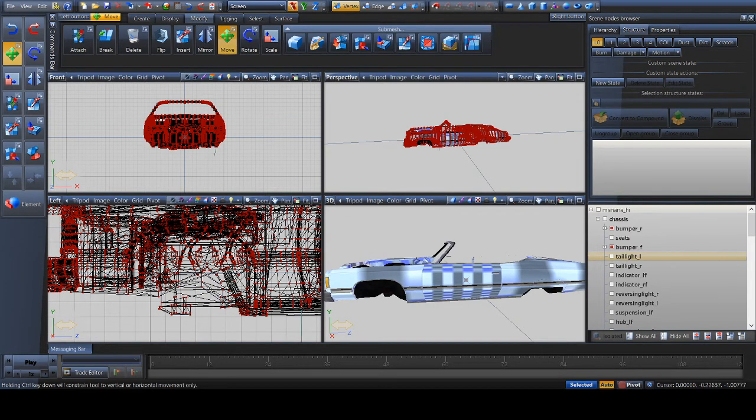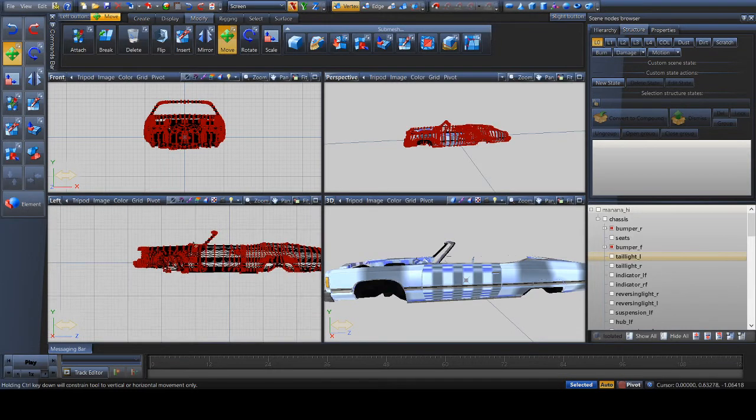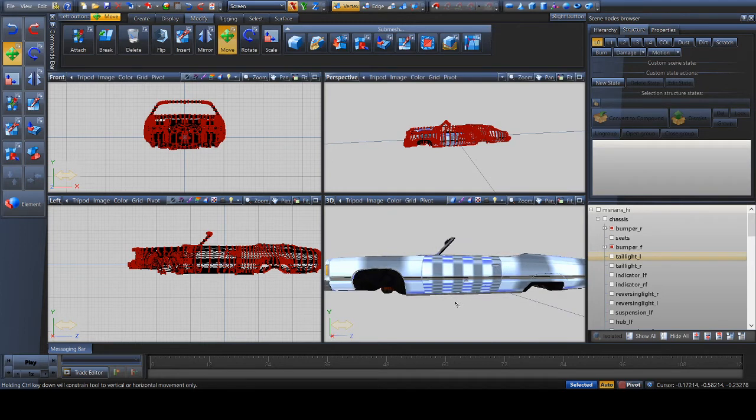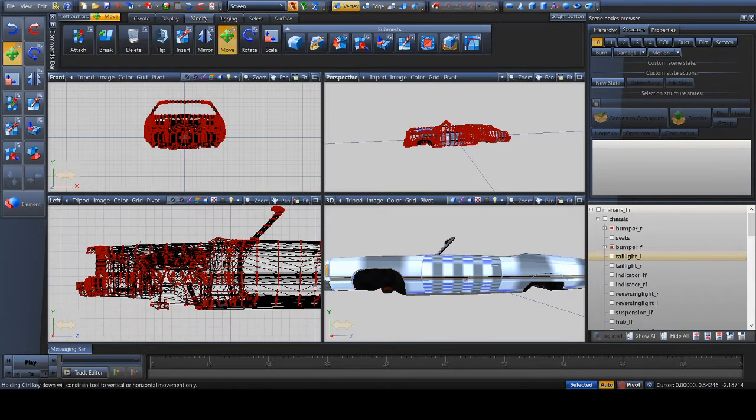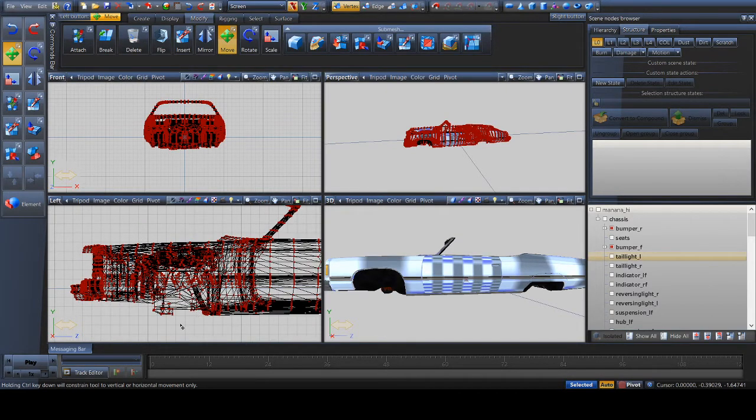So what am I going to do now? I'm going to scroll this out. When I'm modifying this stuff, I like to have the views side by side. So I have this 3D view right here, and then I have this view that I'm modifying right here, so I can see exactly how it looks in real time when I'm actually modifying it. Again, the way that I'm doing it is not necessarily the way a lot of people do it, but since I'm deleting this motor out, I'm doing it a faster way versus going dot by dot and trying to manipulate little dots and stuff like that. Anyway,